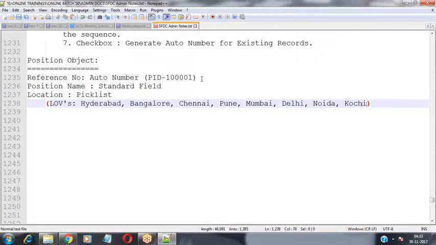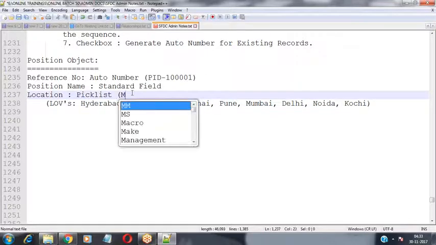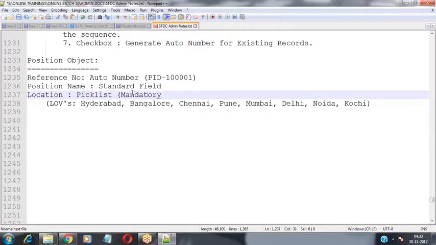These are the various locations in which we have development centers. From these locations, any one location has to be selected. The location field should be a mandatory field. This is my requirement.